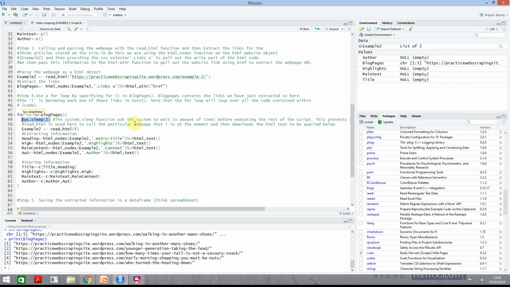This is important, because if you make too many calls to a website in too short a space of time, it can actually increase the traffic to that website, and it could be interpreted as a denial of service attack, a DoS attack, which could get you in a lot of trouble. So it's always a good idea to be friendly and put in a little pause,